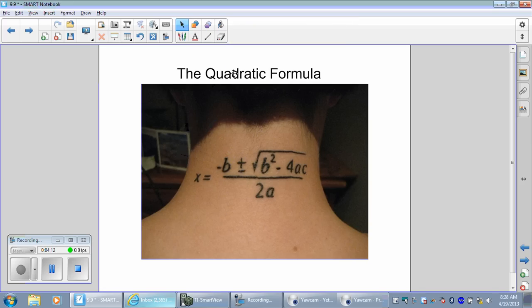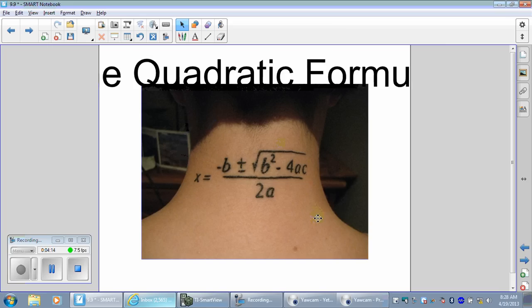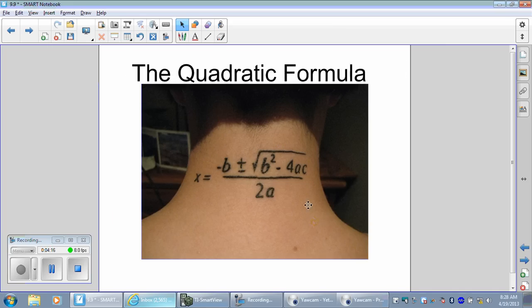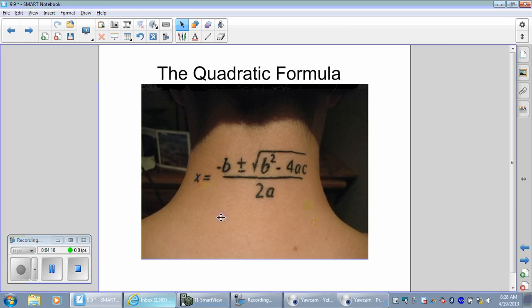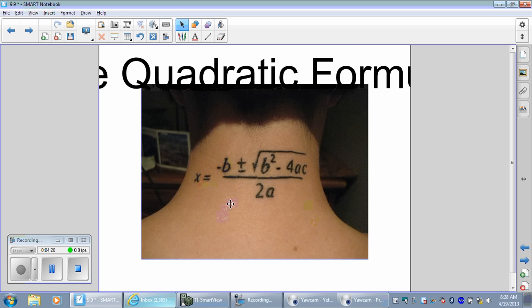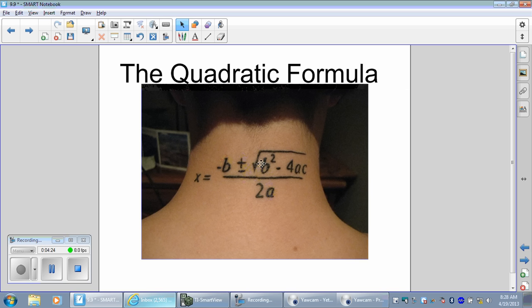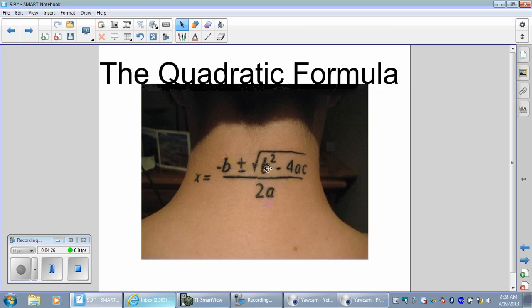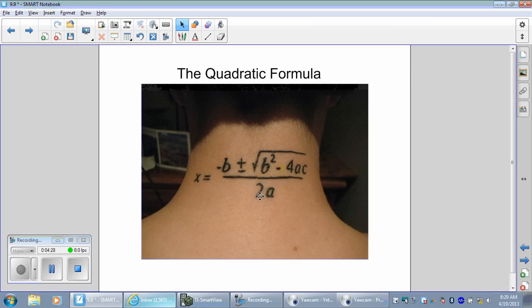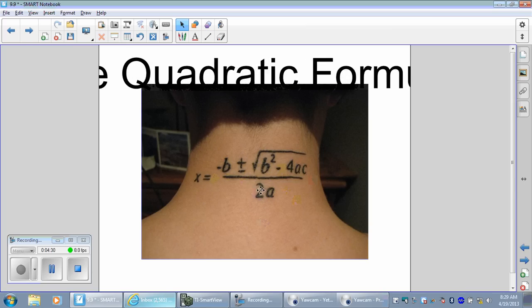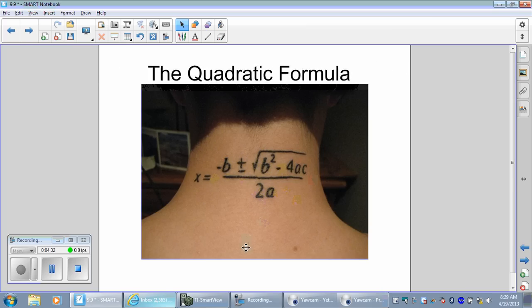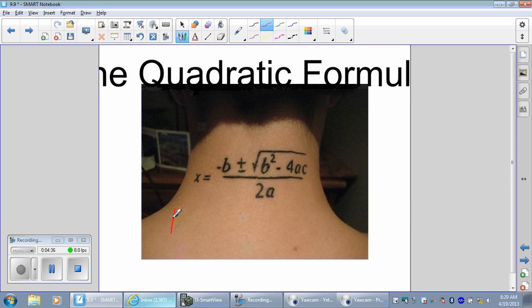We need to know, what is the quadratic formula? Well, the quadratic formula is, here it is, x equals -b, so that's the opposite of b, plus or minus the square root of b squared minus 4ac, the entire thing, over 2a. All right, so that is the quadratic formula, and you need to